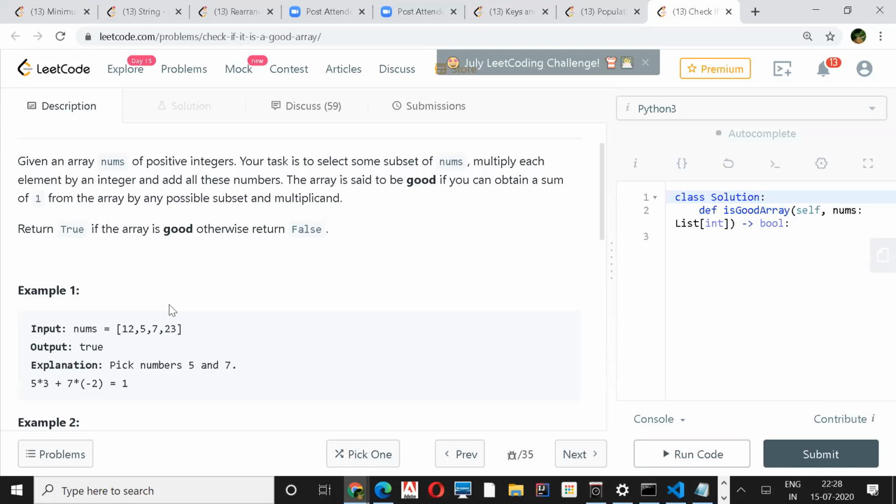I think it's like an equation where we say that, let's say A, B, C are the numbers. So AX plus BY equal to 1, then if there are valid solutions for X and Y, and we keep on doing this by adding Z, like more variables, because we have to take subsets. Then you return the coefficient of X and Y as your answer. No, if I find the solution, then I return true. We can go for the next variable also, right? We can pick 3 numbers also.